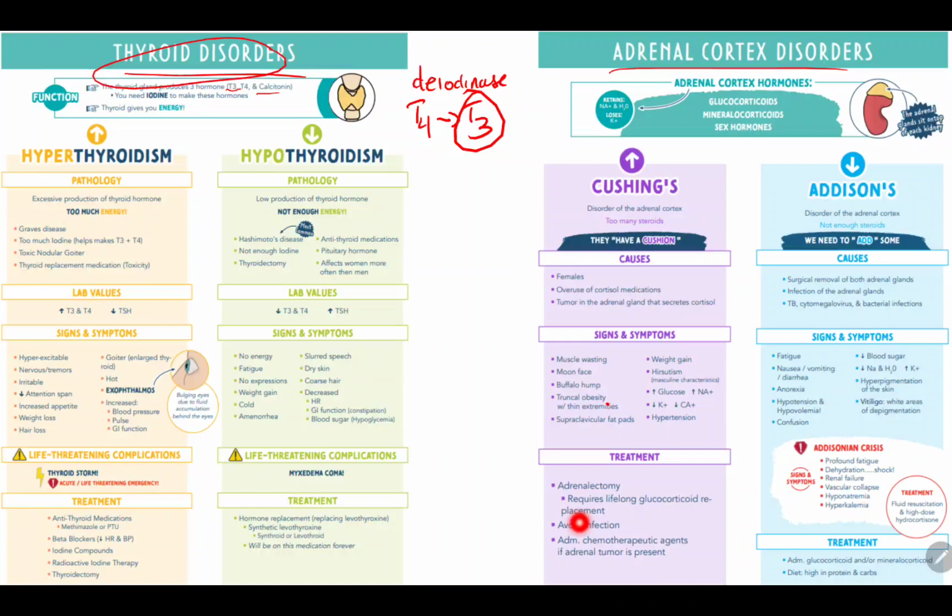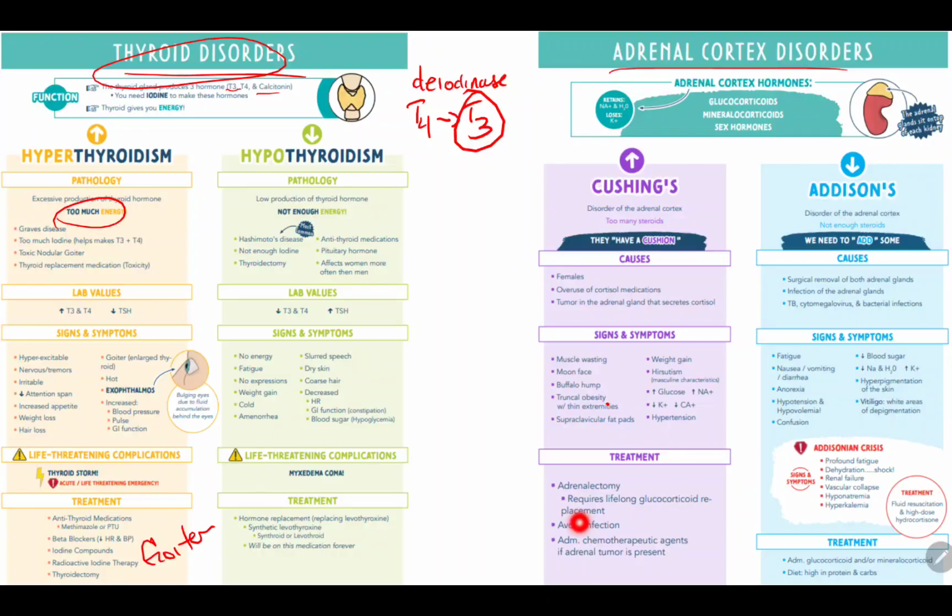Going back simply to the thyroid gland and its disorders. Remember, hyperthyroidism is too much thyroid hormone production, basically. So you're making a lot of T3 and T4 going out to the body. You can have too much iodine, or Graves' disease, which is characterized by hyperthyroidism. But even if you're making a lot, that could still lead to a goiter.